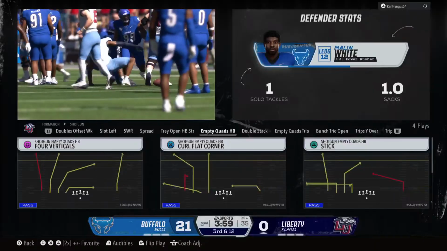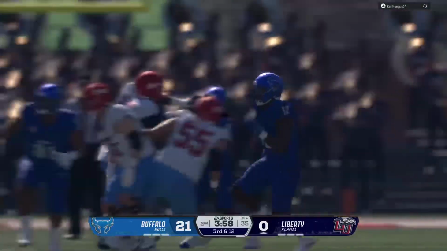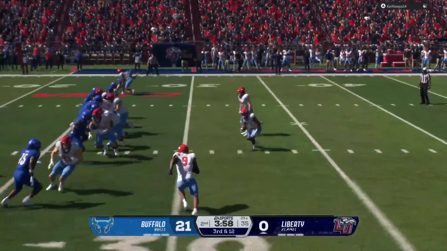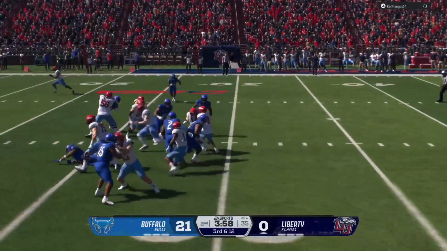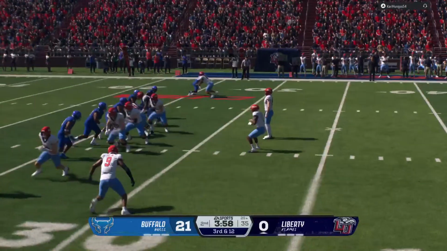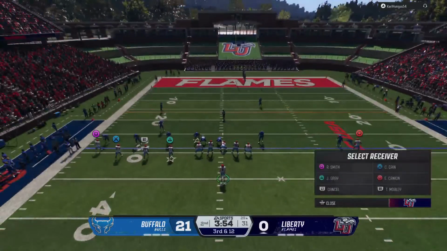And how about that young man getting in the backfield again? He's really got his fingerprints all over this game so far to start it, man. We're still in the first half, and he's got a sack. He's got a tackle for a loss. These are the kind of plays that really help your defense push these offenses behind the sticks. And the Flames are way behind the sticks on this third and forever.